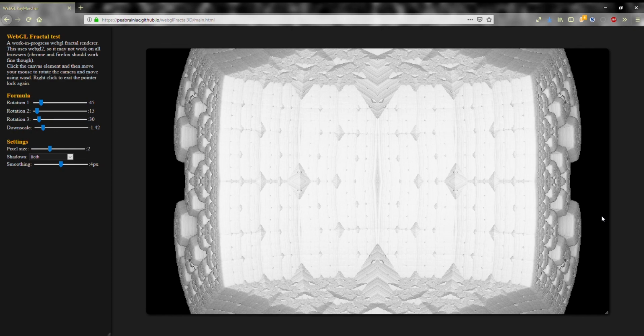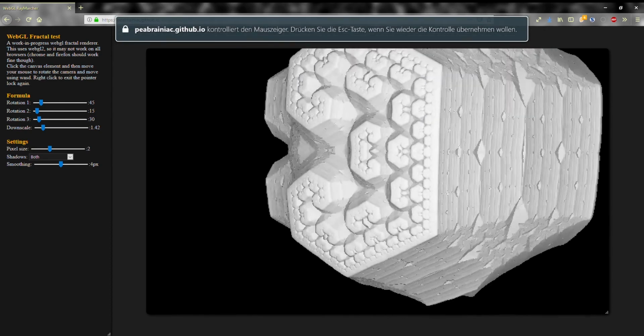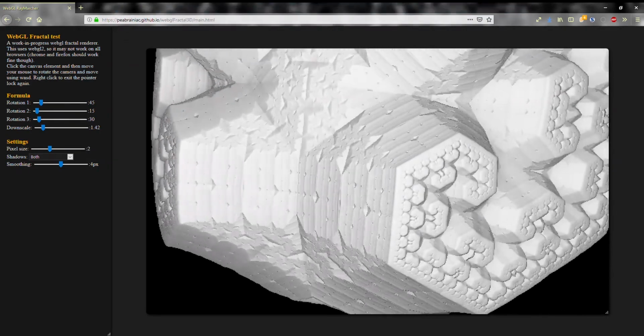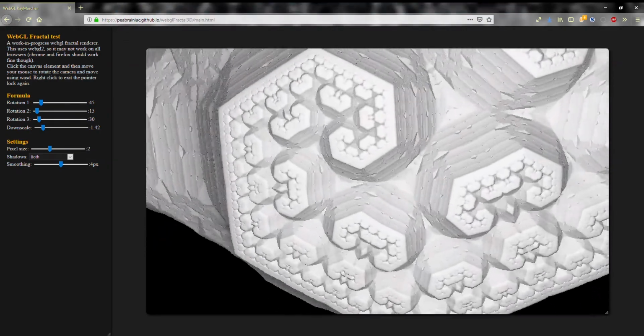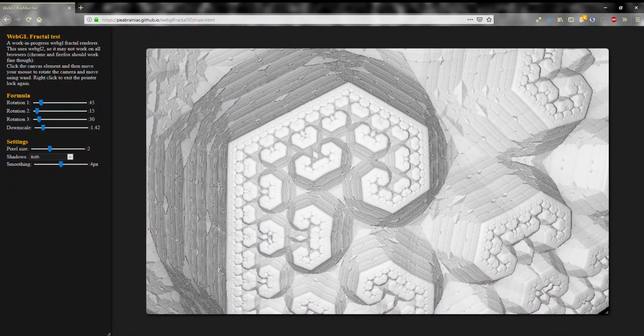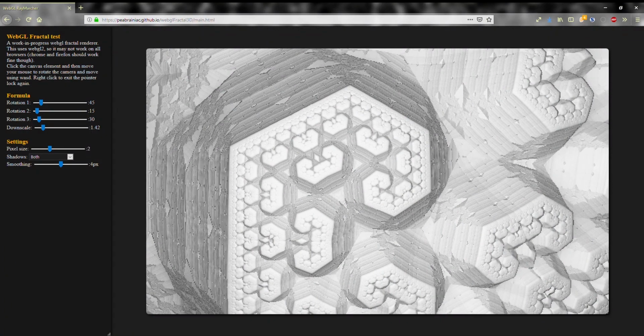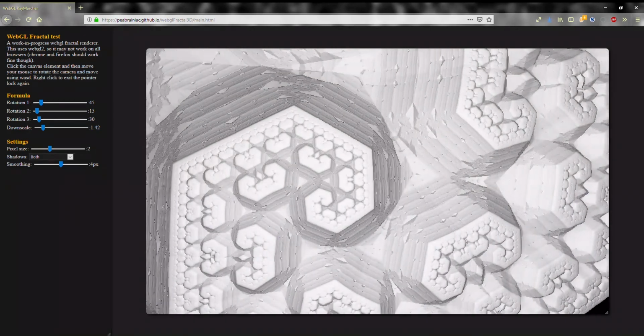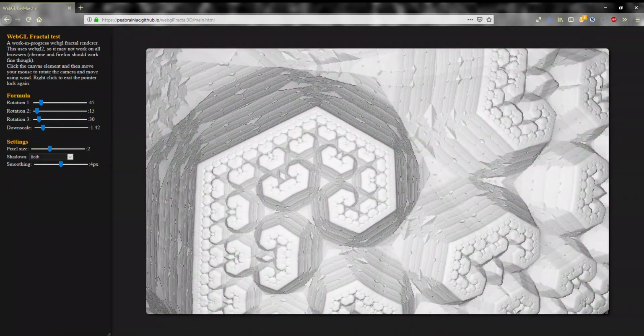This week I've been working on yet another side project of mine, which is this 3D Fractal Explorer you're seeing right now. I made this using JavaScript and WebGL, which is basically like the web version of OpenGL. It runs in the browser and with direct access to the graphics card to generate these images.